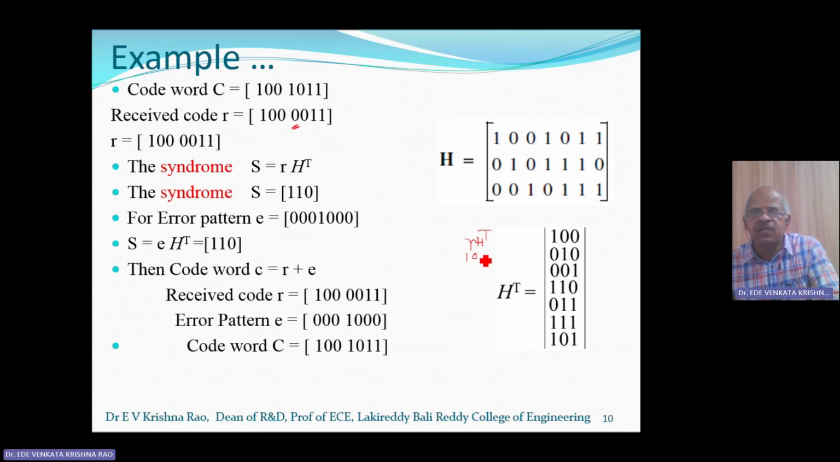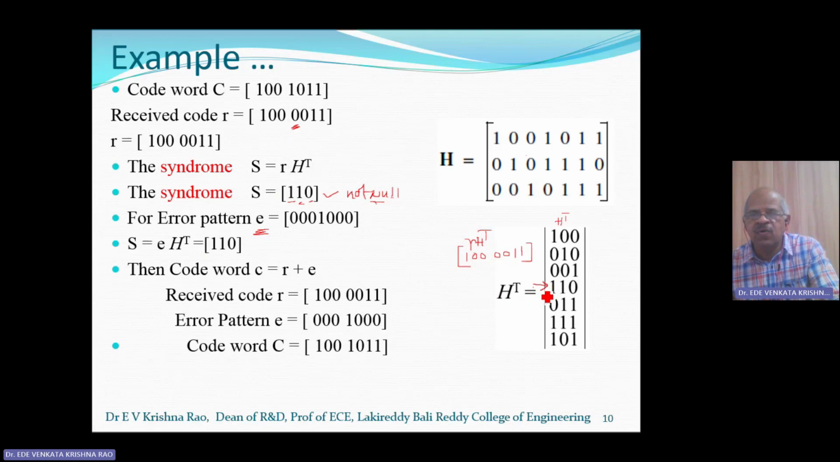Okay. So 1 0 0 0 0 1 1. Multiply RH transpose. This is H transpose. Okay. And now this first row and the last two rows add: 1 plus 1 plus 1 is 1. 0 plus 1 plus 0 is 1. 0 plus 1 plus 1 is 0. By multiplying, you will get the syndrome 1 1 0, not null. There is an error. What is the error pattern here from the syndrome